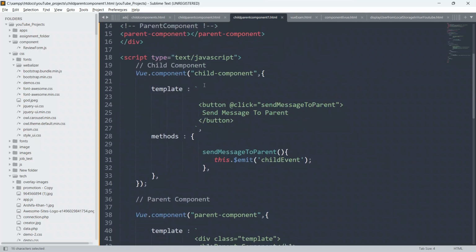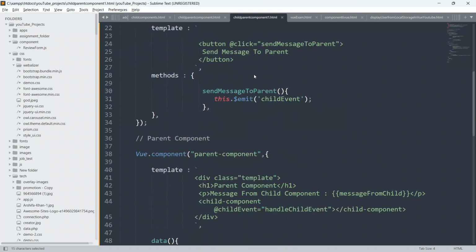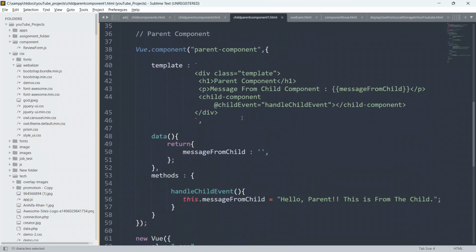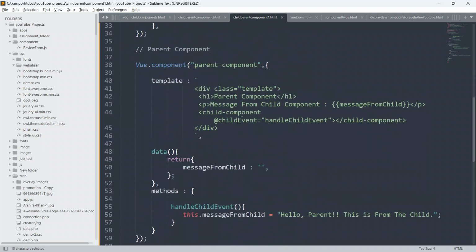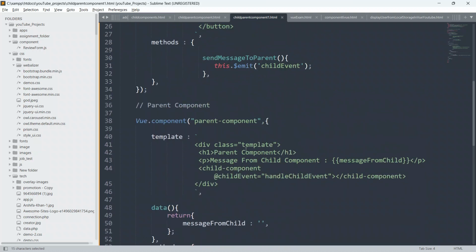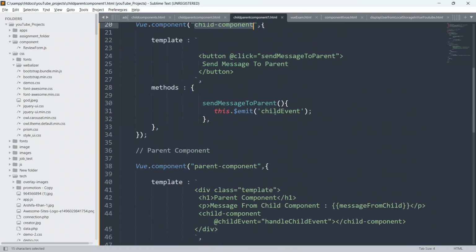So we are defining the child component inside the parent component only, and this parent component will be listening to this custom event which is known as child event. And this emit function will emit a signal to the parent component, and the parent component will be listening to this signal which is coming from the child component.